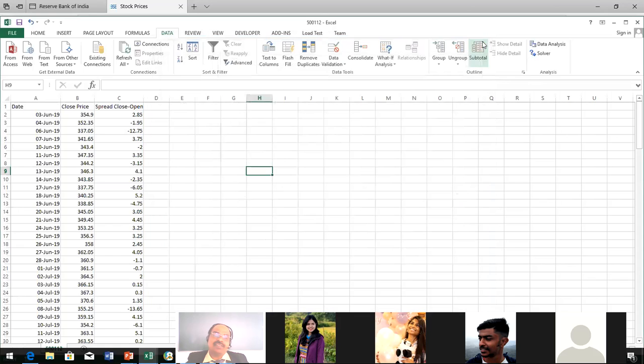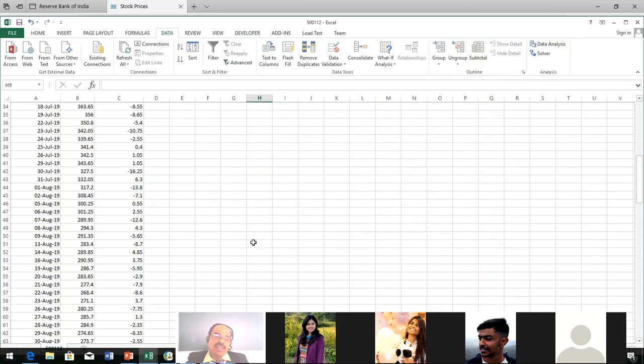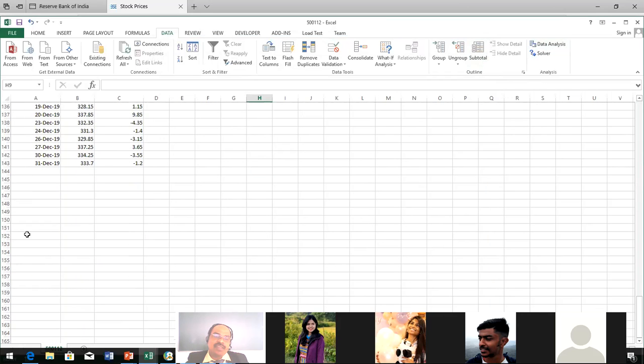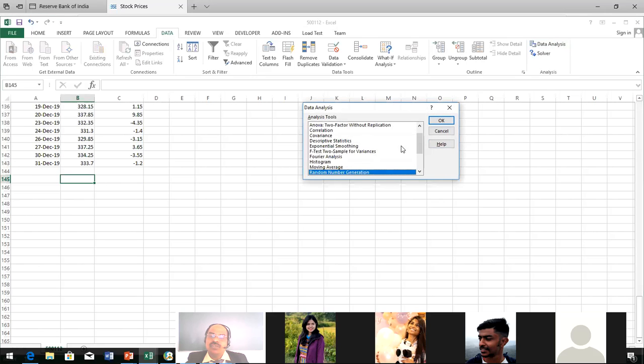Then it is very easy. You can see that data analysis is now available there. If I want to calculate the descriptive analysis for the share price, I click here, then Data Analysis. What are the things we can calculate? It is available here.